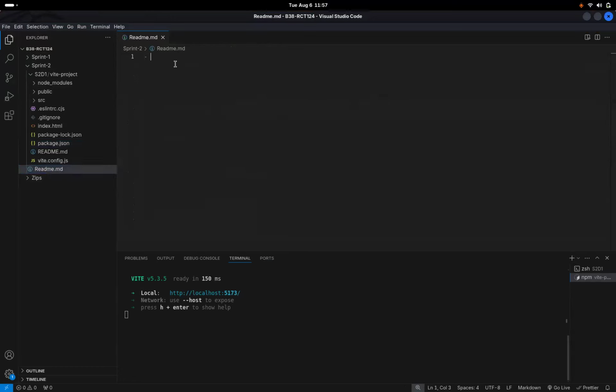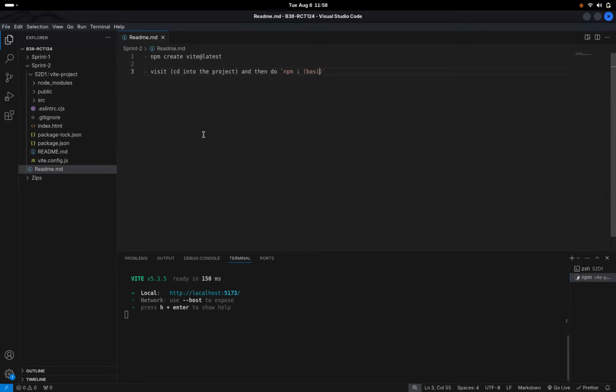First thing first, we visited Vite and we did Control Shift V here also. And we installed this, basically npm create vite@latest. Then the next step was to cd into the project, because once you install it, it will create another folder. So you have to visit that folder and then do npm i over there.